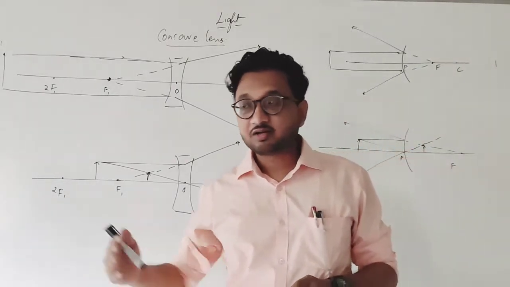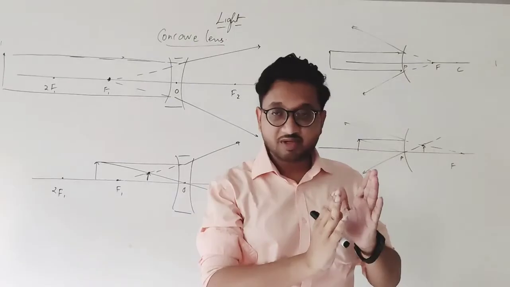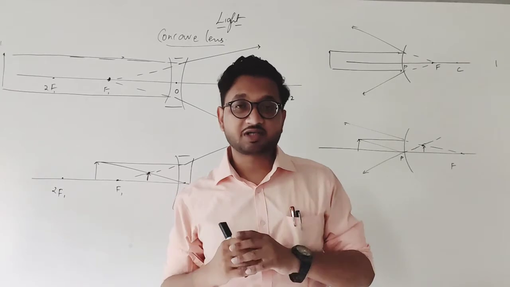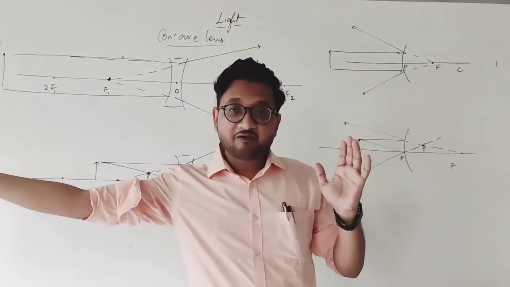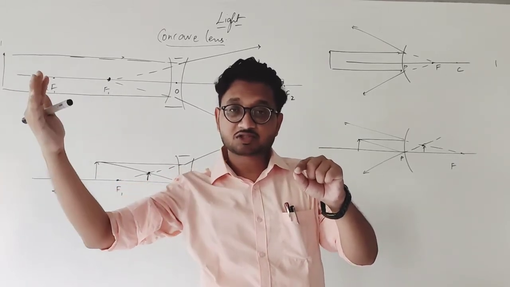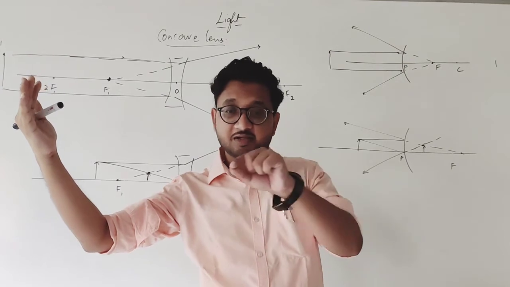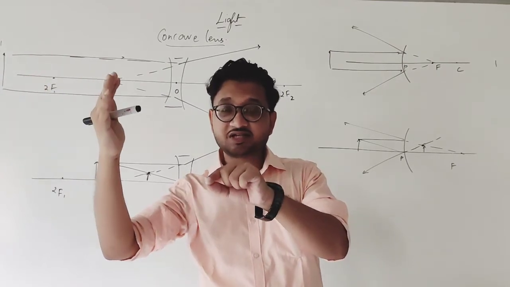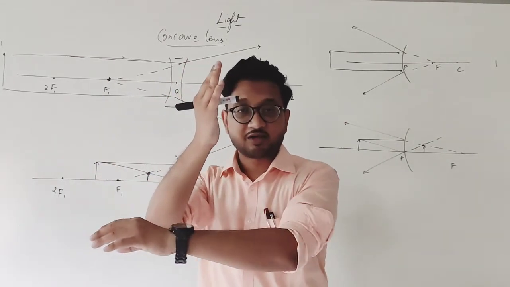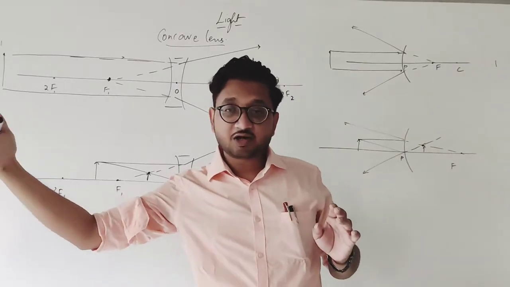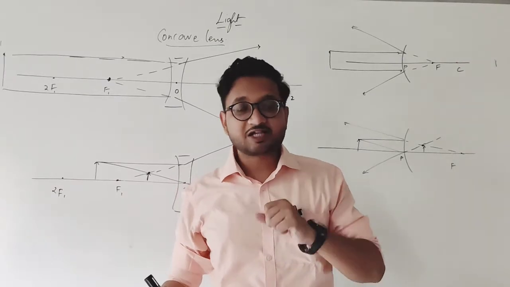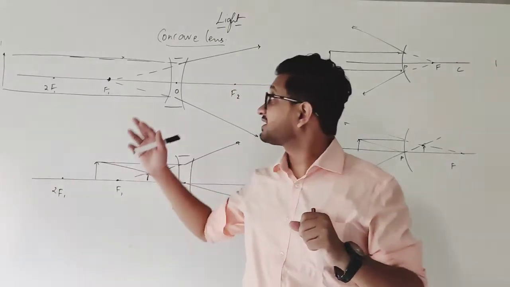In concave mirror, when you bring the object closer, the image goes away from the mirror. If you remember, for the mirror I am talking about, concave mirror. Okay, on f, at infinity, image is on f. You bring it closer, beyond c, it becomes between f and c. You bring it on c, the image is on c. You bring it between f and c, image goes even farther away. So as you can see, when you bring the object closer, the image goes further and further away from the mirror. Same thing goes for the convex lens as well.